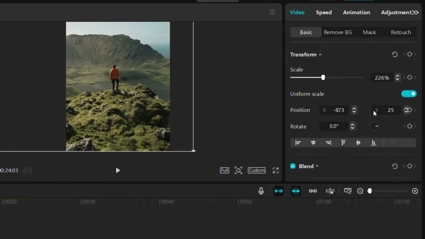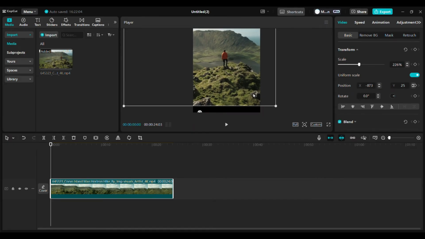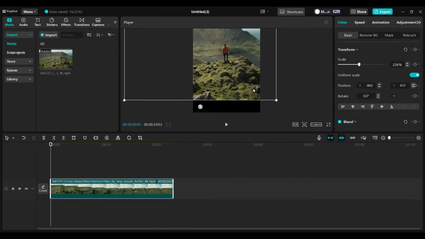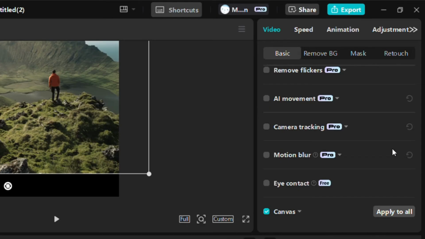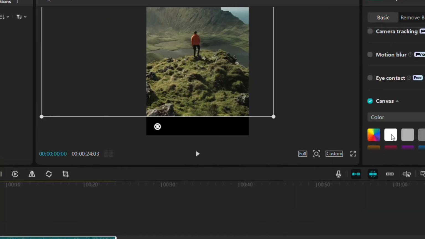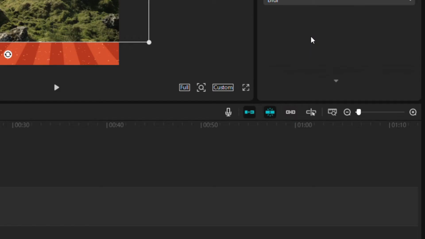the visible area. For even more flexibility, you can add a background to fill any empty space around your video. Click the Canvas option in the Basic tab of the Inspect panel. You can choose a solid color, gradient, or even a blurred version of your video to make the frame look